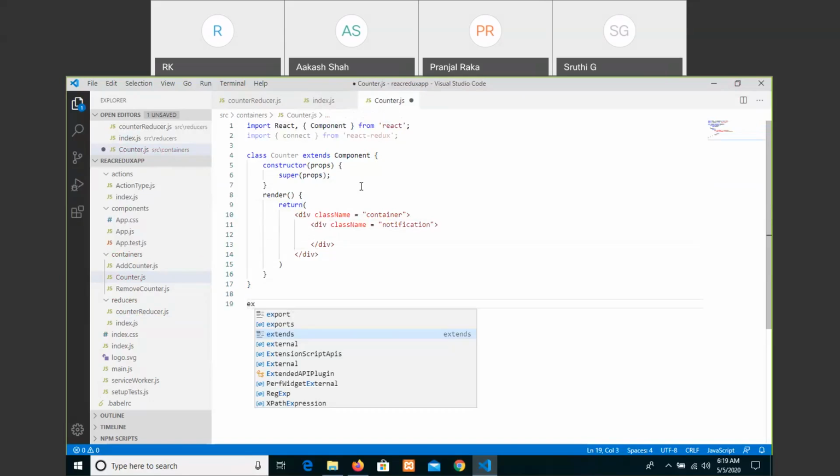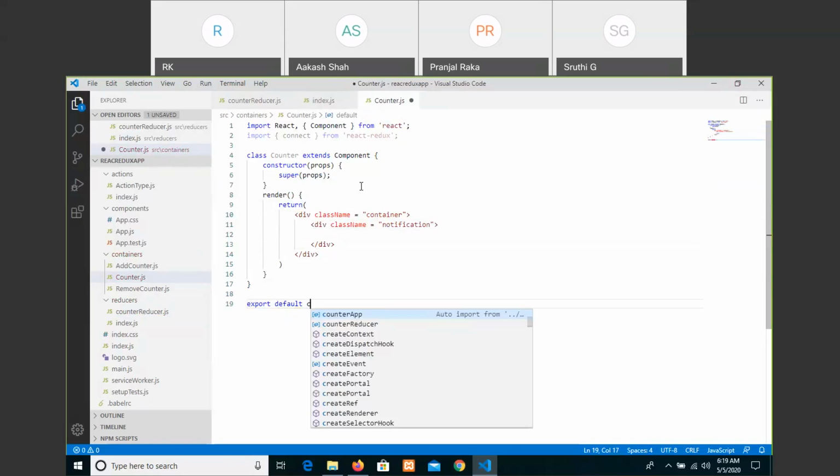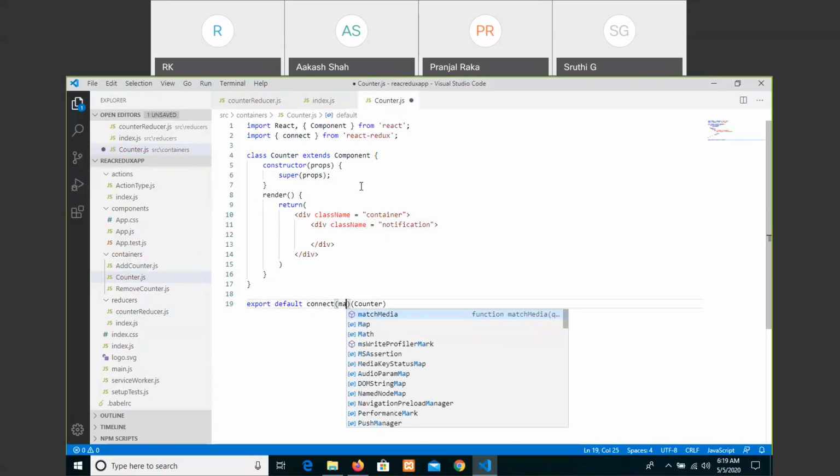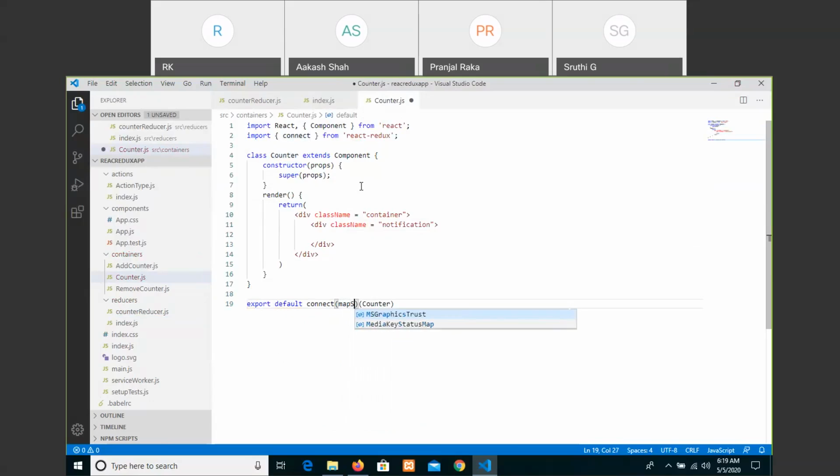Let us write first export default with a connect of counter, and this should be connected with a function that should return an output of count from reducer. Let me write here mapStateToProps.